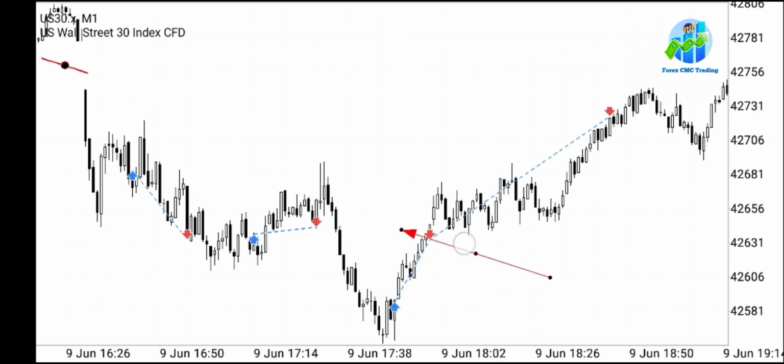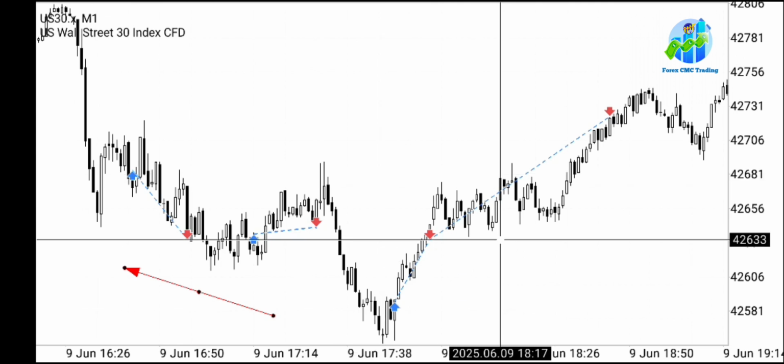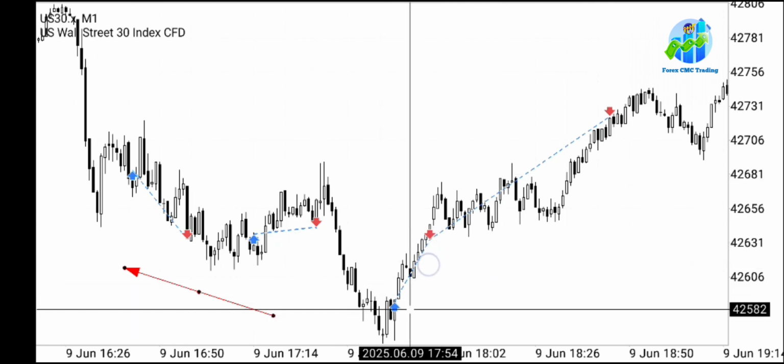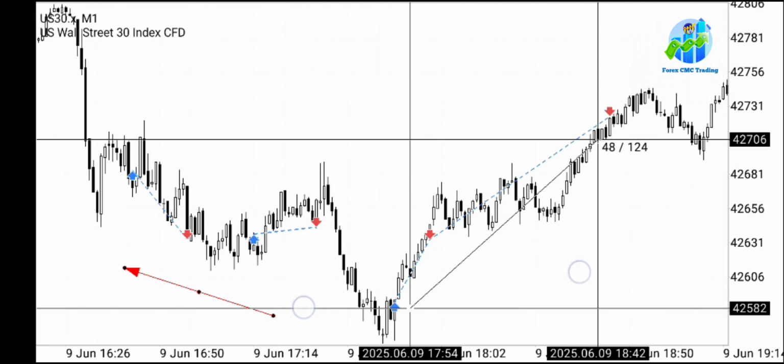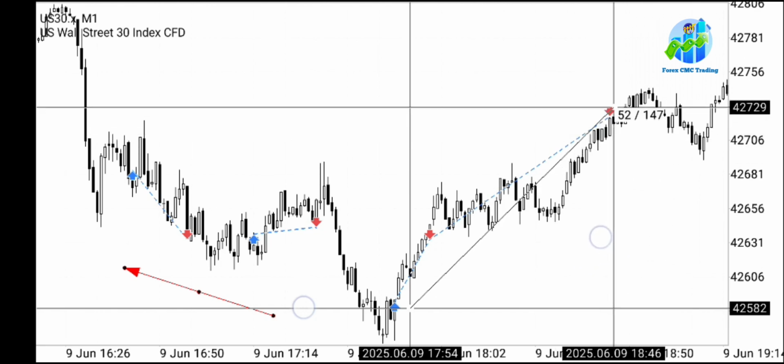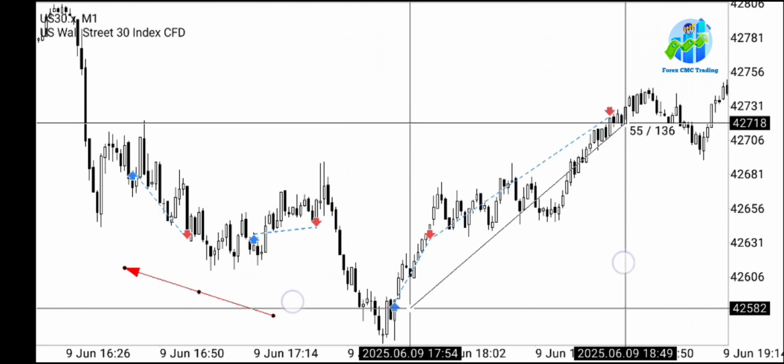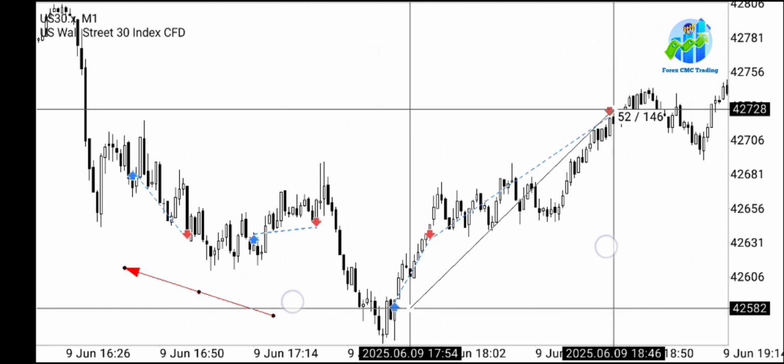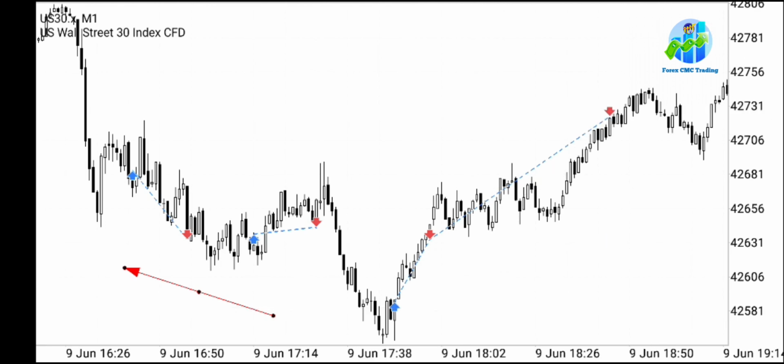All right, I will show you in this video what I did wrong here and what I did right here. Okay, so this was how I caught the trade. After this happened, I caught it. I took partials here and allowed the rest to run to full TP. If you calculate that full TP, let's calculate it together. You don't measure indices in pips, you measure them in points. So that is about a whopping 146 points in 1 hour. So in this video I will show you how I got this, what I did wrong and what I did